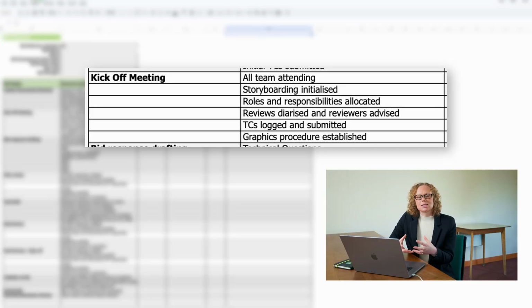The next bid stage is the kick-off meeting. This is a really crucial part of the bid because it's where you are going to start to strategise how you're going to put the submission together. So it's really important that everybody that's going to be involved in pulling this submission together is present at that meeting. Storyboarding will be initialised, so this is where you're going to start to look at the technical questions once you've understood your strategy and your solution,